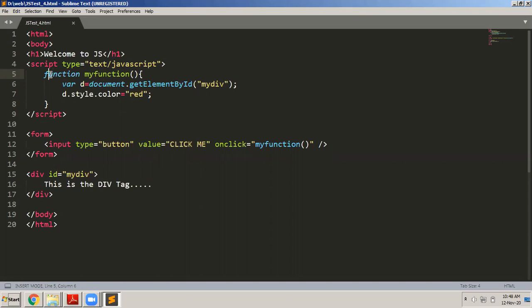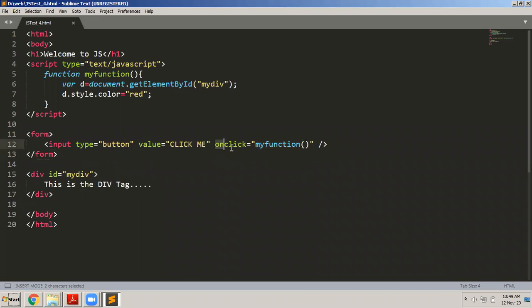How to write functions in JavaScript? First, we write the keyword function followed by the name of the function, then parameters if there are any, then the curly brackets open and close, and inside that we write the body of the function. Now this function has to be called on a particular event. I'm calling myFunction when this button, on which we have displayed Click me, is clicked. Input type equals button will place a button on the HTML page, and when you click on that button, onclick calls the function myFunction.